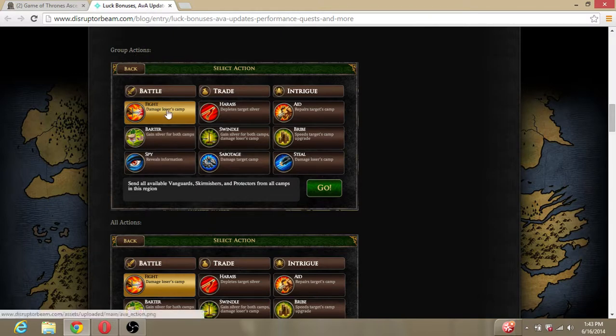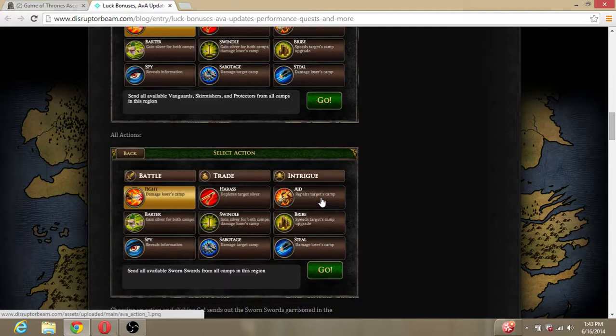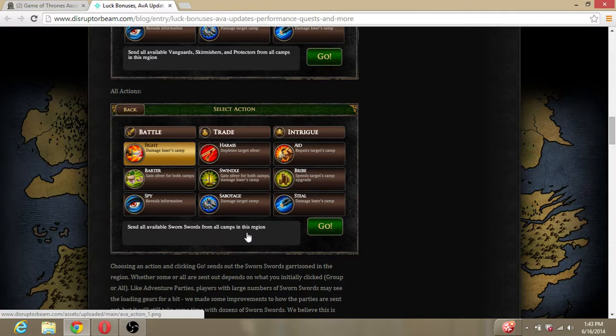group actions. If you want to send your Vanguard skirmish and protectors to fight, you would do that, fight and go. If you want to do all actions, send all available sworn swords from all camps in this region. So then we would use this selection. So say we're swindling, and I want to make that clear. In AVA, you're going to get a boost from the camps, and I will go over that with you in a second as well. If you want to send all your guys to harass, maybe you're a Greyjoy and you're